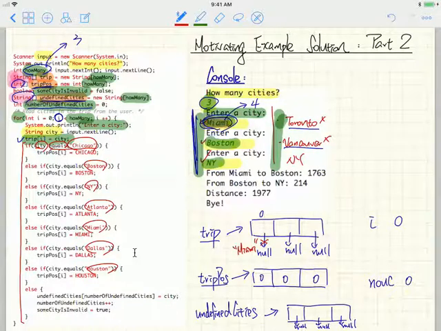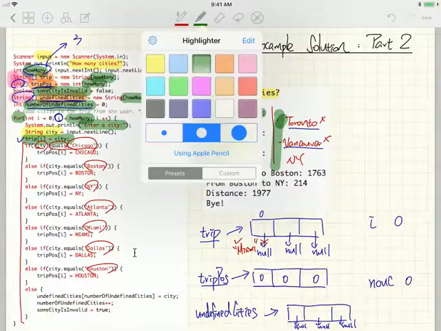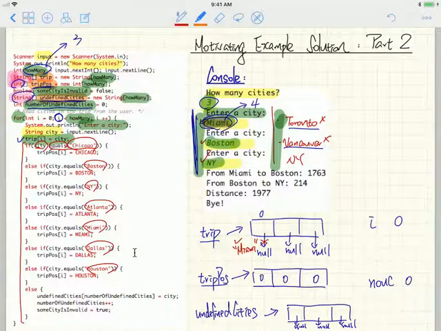Okay, so now, what if it actually matches one of them? Let's say currently we got Miami over here, so that means we're going to match this particular line. So Miami is over here, so this is going to be true, and all the previous else if and if will be just false. And then if this returns true, that means trip position I is assigned